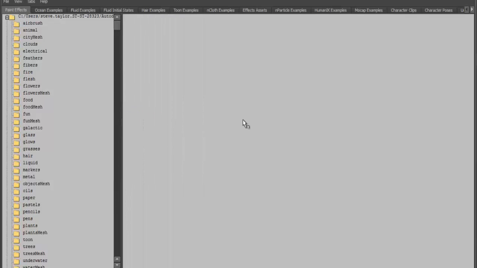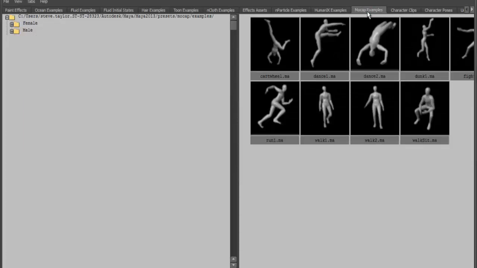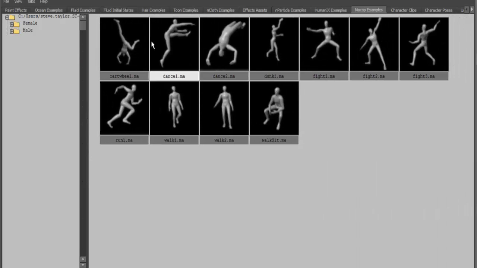Just up on the top here, you can see some different examples. The examples that I'm going to look for are the mocap examples. If I click the tab, you'll see some standard moves that we have in here. So what I'm going to pick first of all is dance. To import the dance mocap, if I right click and import file dance,